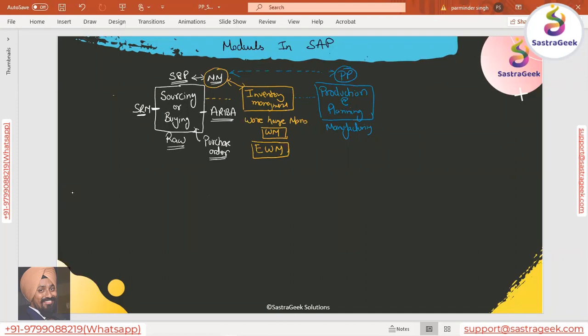So with the manufacturing, the main document for us would be the production order. And for the planning side, it would be the MRP, material requirement planning.